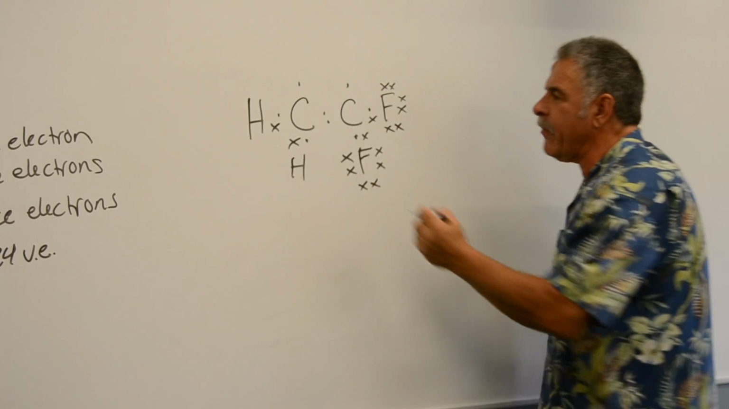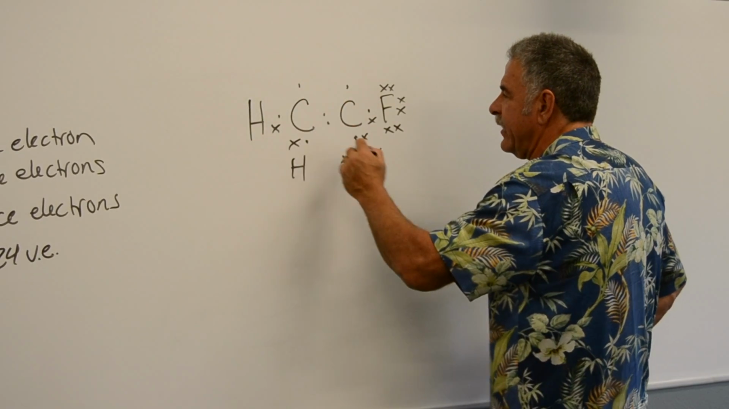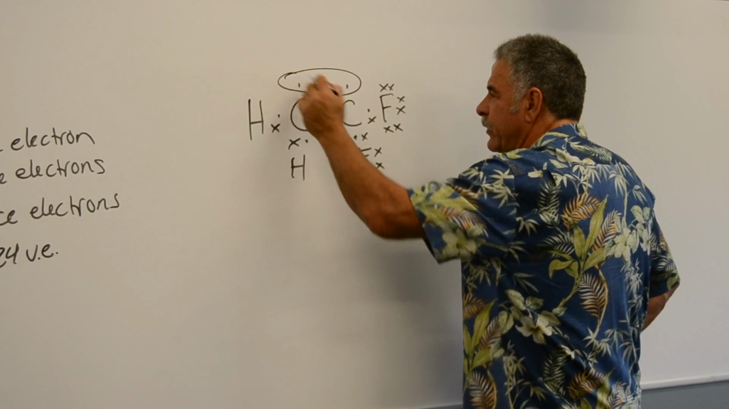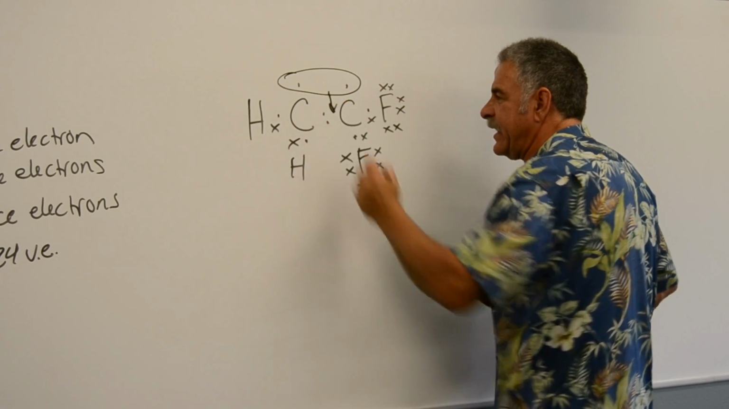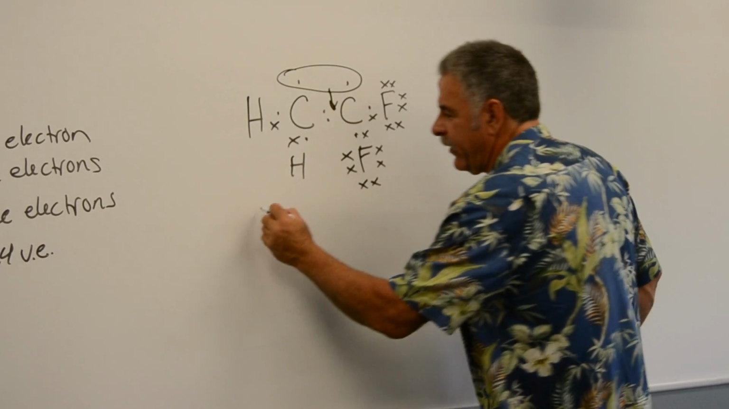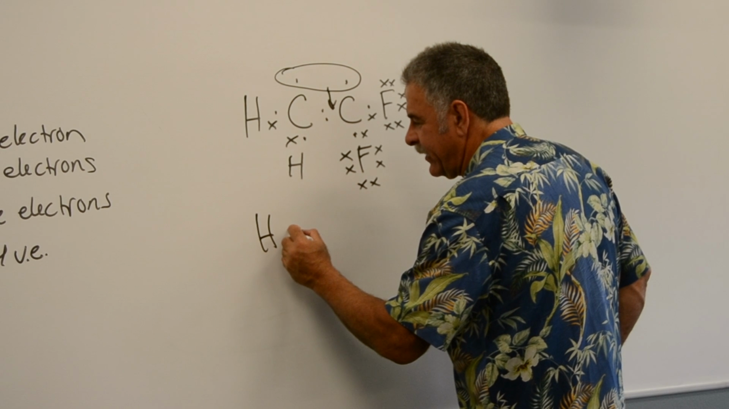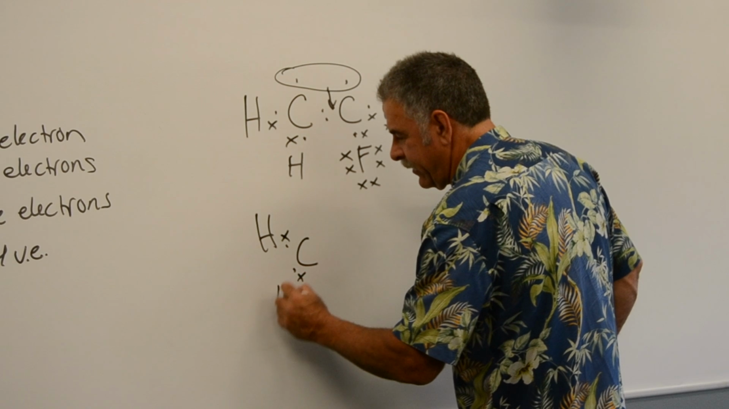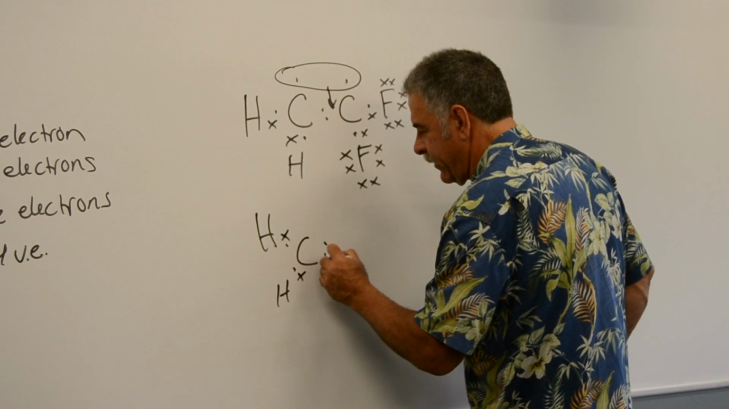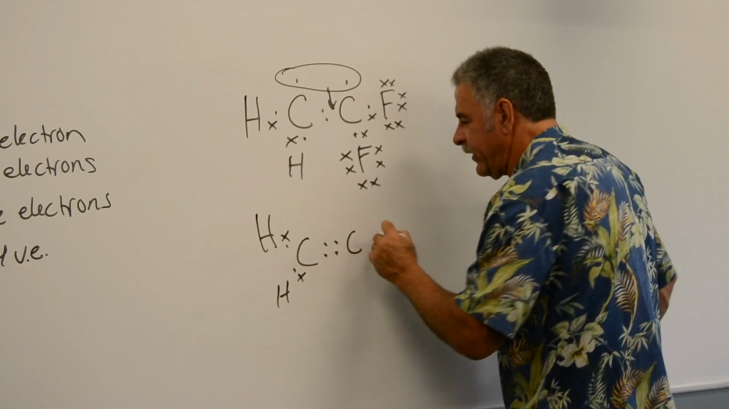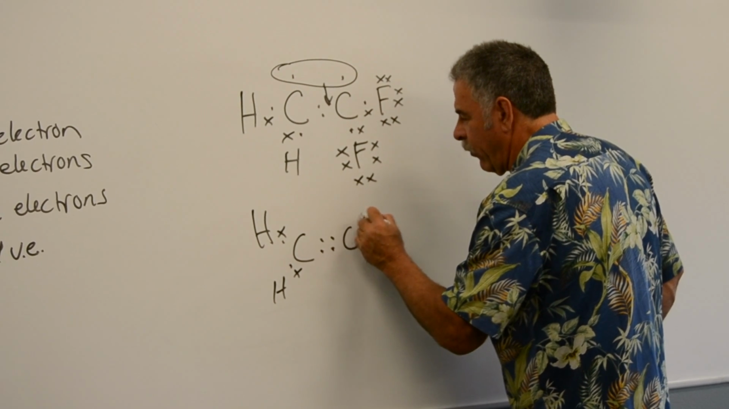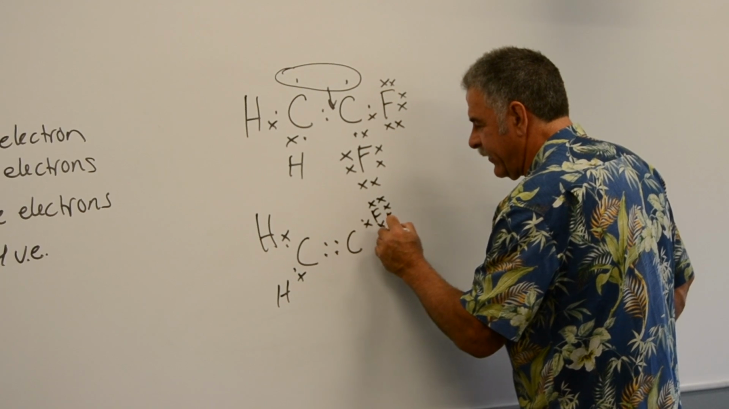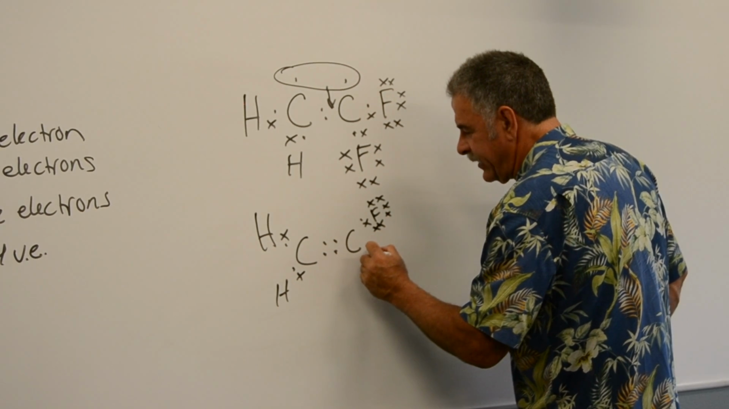However, around the carbon, I only have 2, 4, 6, 7. Around this carbon, I only have 2, 4, 6, 7. But I do have these 2 lone electrons. I'm going to bring those in. And when I do, I end up with this. Double bond, and then the fluorine with the 3 lone pairs bond to the carbon